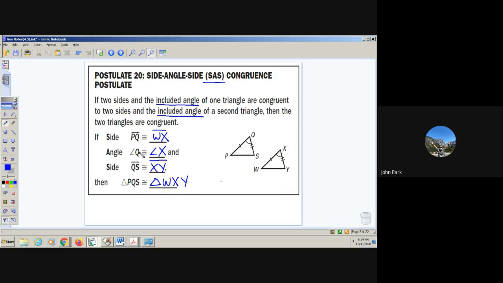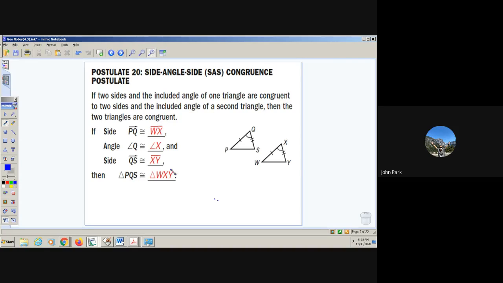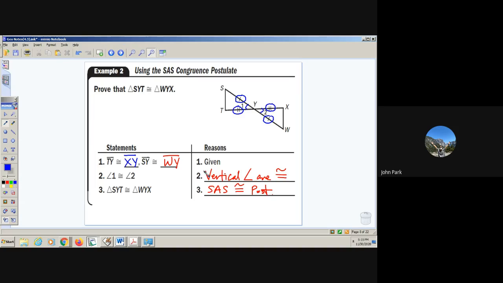So we have two sides that are congruent, and then we have the angle in the middle of those two sides, which is called the included angle, that's congruent. And so if that's the case, then these two triangles are congruent by side, angle, side. Okay, so we have two methods, side, side, side, and side, angle, side. And so if I have these two triangles here, you can use either SSS or SAS, depending on what information